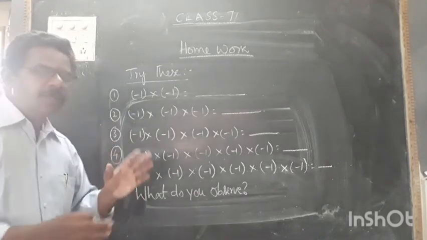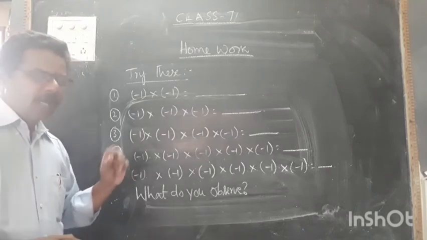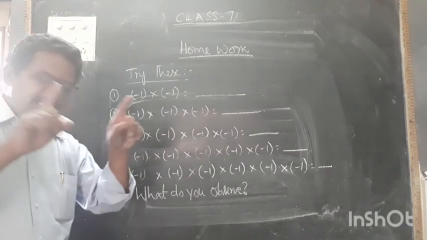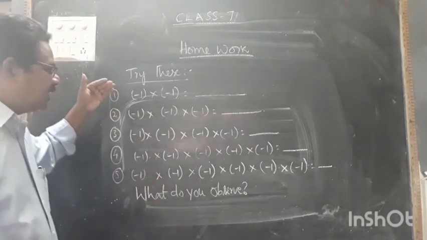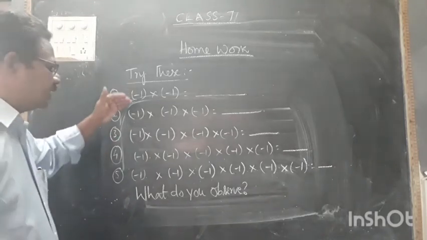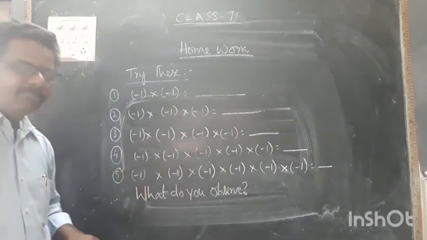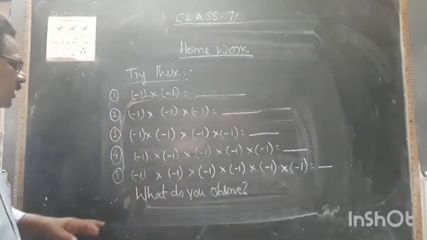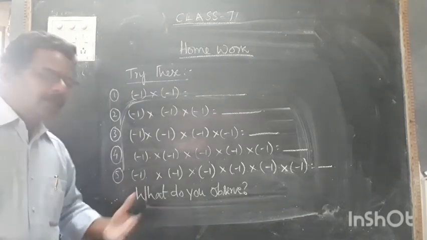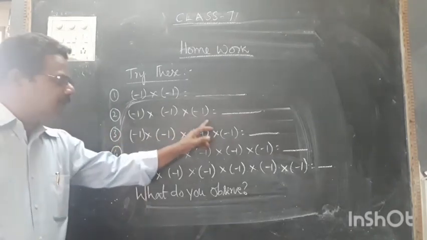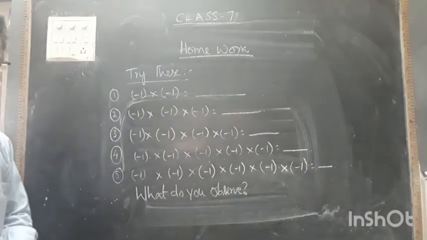Okay. Here I have given you 3 homeworks. First one is only multiplication of different integers. Second one is a table. And third one is multiplication of different numbers of integers: 2 integers, 3 integers, 4 integers, 5 integers and 6 integers. Okay. So you have to multiply all these and write in the homework book. Please pause the video and note down the sums. These all are minus 1, minus 1 only, so no need to get confused. Understand? So please note down.